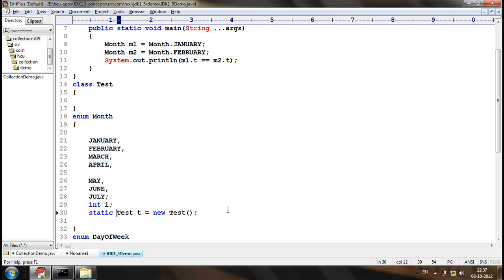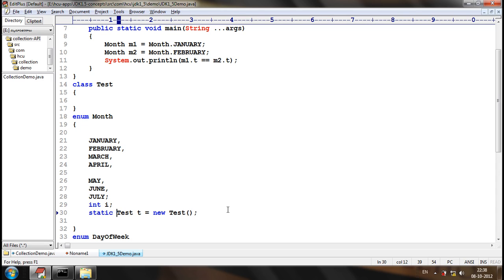But attributes can be there, constructors can be there, methods can be there. Initialization blocks also can be there in an enum. Any member that is possible in a class is possible in the enum, and the behavior of those members will also be the same. Non-static attributes of a class will be a part of the object of the class.